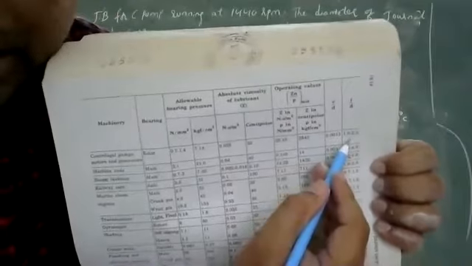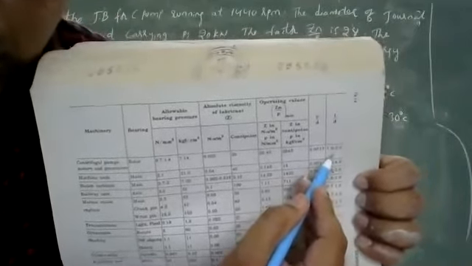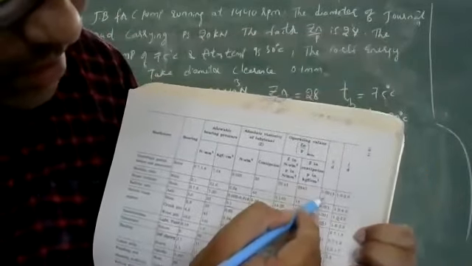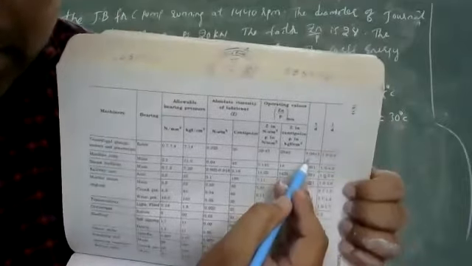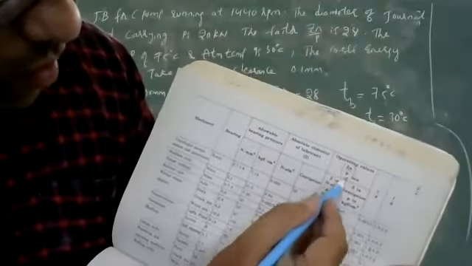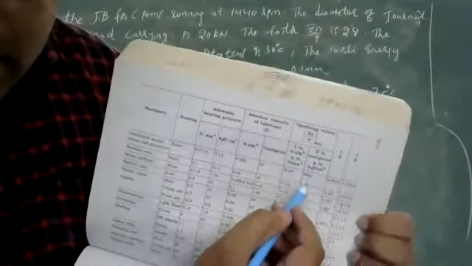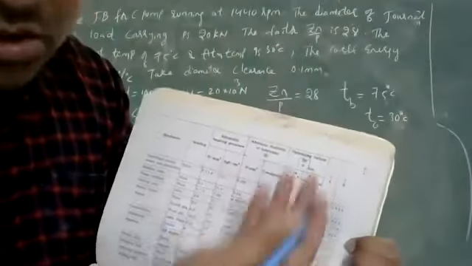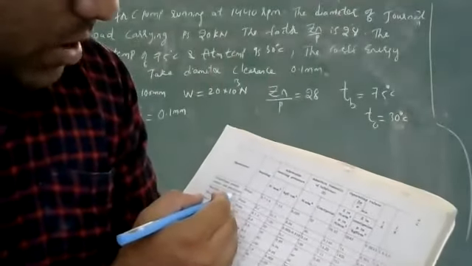The value is 1.122. So what is the L by D ratio range? 1 to 2, and the diameter clearance C by D is given. Whatever the ZN by P value is, it is given directly in the question paper. And we will see everything.